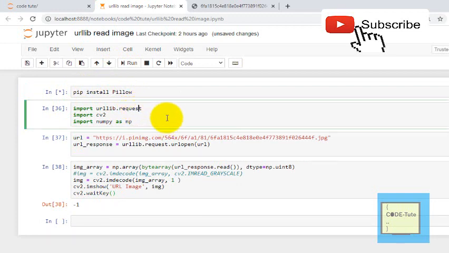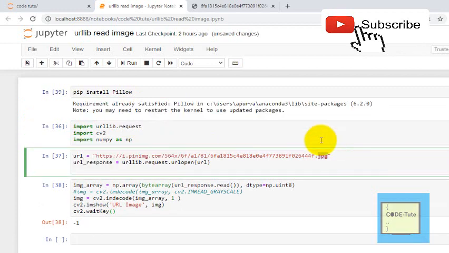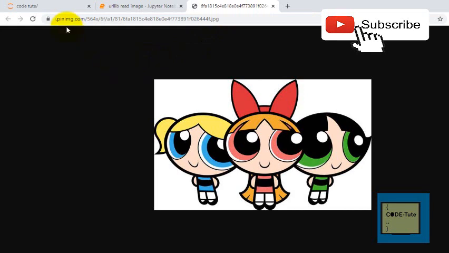Now sometimes in our project there is a need to read an image from a URL. So instead of downloading a particular image, saving it on your local computer and then using it in the program, you can directly use the image which is available on the internet. This is the image available on the internet, and this is the URL of that image.